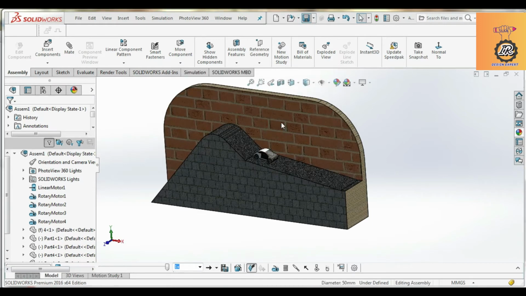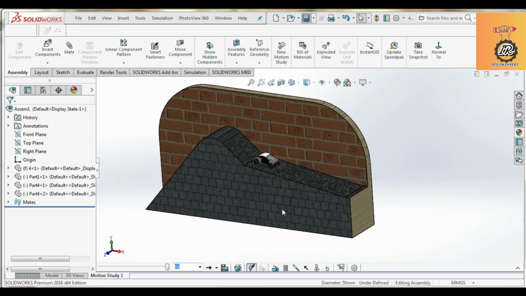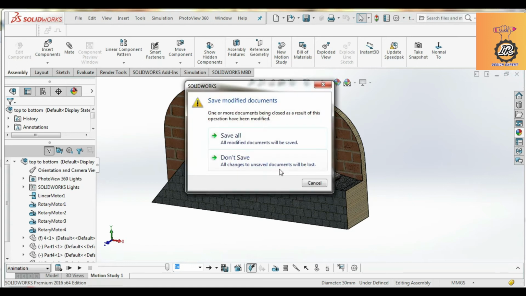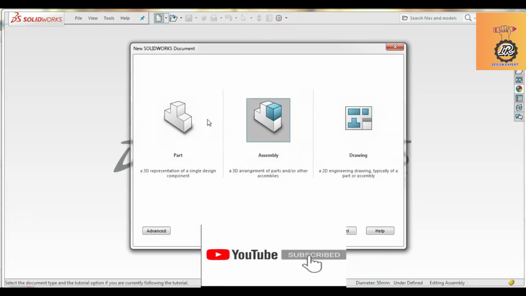Okay, now going to rebuild and save. Top to bottom surface. Okay, now going to close it and open the other assembly.